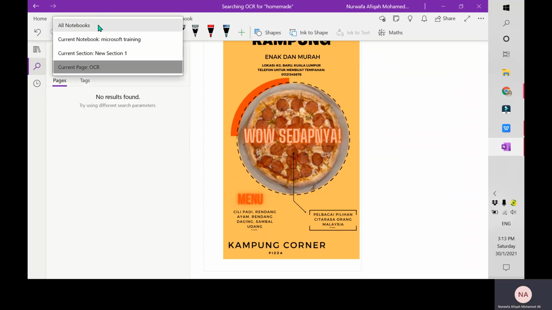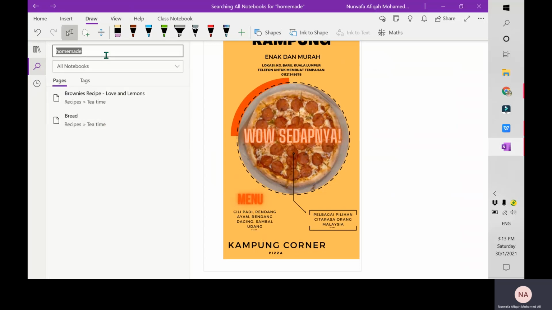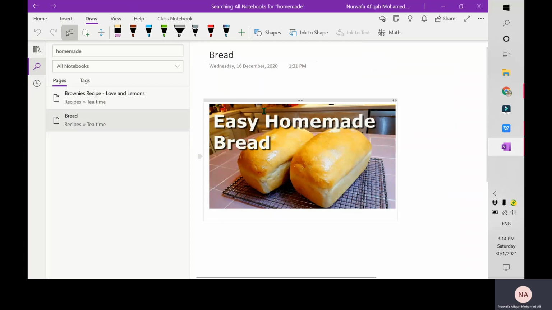The current page. Homemade. Okay, I search homemade. So, okay, look at here. There's no other text written, but the homemade, what do we call that? The word homemade is on the picture. So whenever I search homemade,